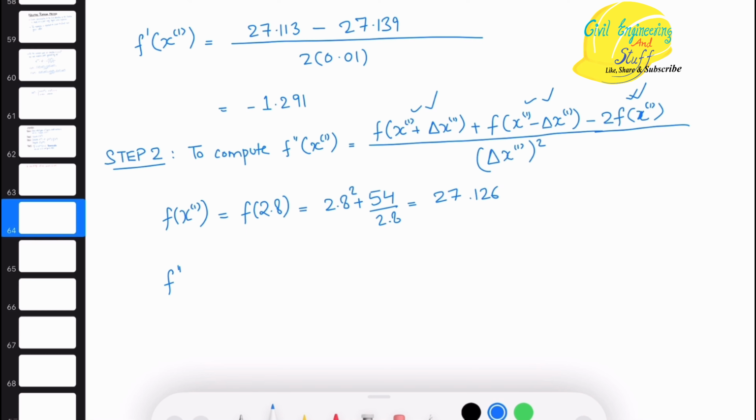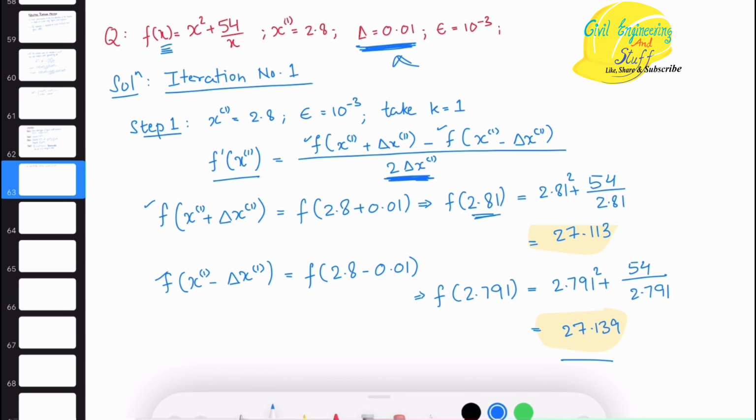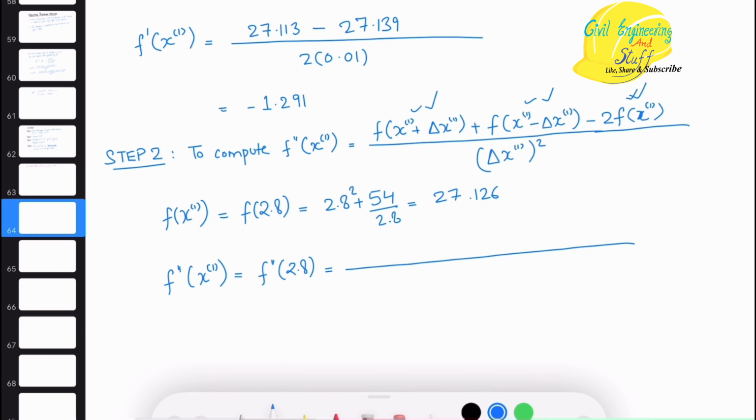The second derivative f double dash x1, that is f double dash of 2.8, will be equal to how much? We already have the values 27.113 and 27.139. Let's put these values: 27.113 plus 27.139 minus